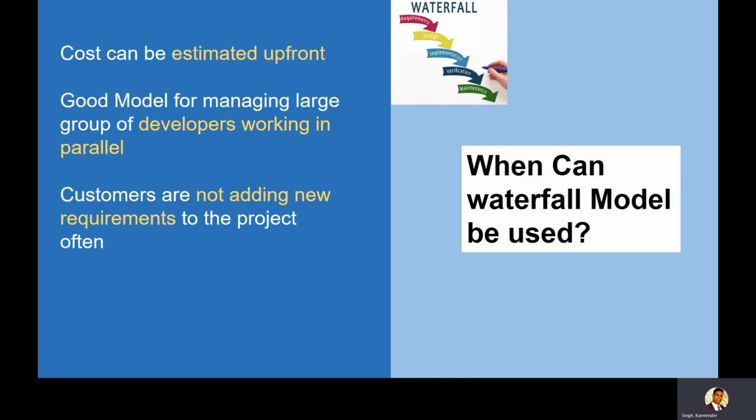Similarly, I've talked about cost. When you plan for the complete project, even if it's for 3 years, the cost can be defined upfront. Now, this goes in favor of the developers, and they can work in parallel if there is a large group of developers. So what we can do is, when there is a clearly defined phase, we can go and implement this phase, because everybody knows the milestones, output, cost, budget, and the schedule.